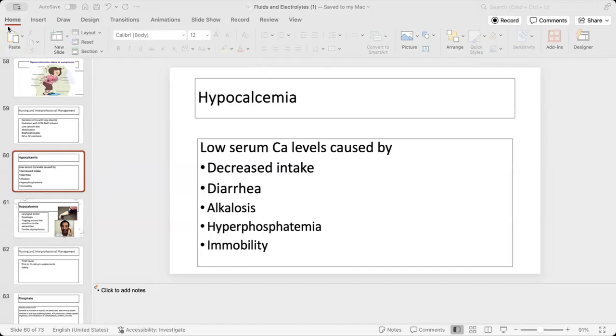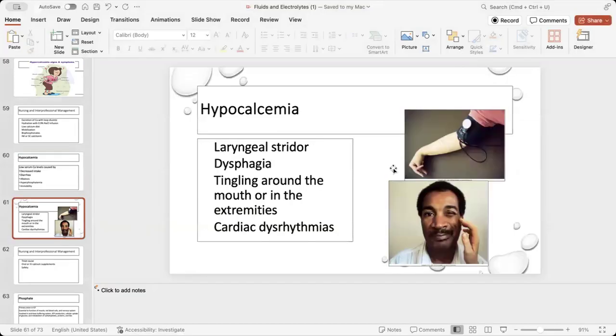Okay. So some things that you might see when a patient has hypocalcemia: Trousseau's, Chvostek's, right? Those are positive for a client who has low calcium levels. Tingling around the hands and the mouth, muscle spasms. How do we treat a low calcium? We can give calcium, right? Oral, IV.